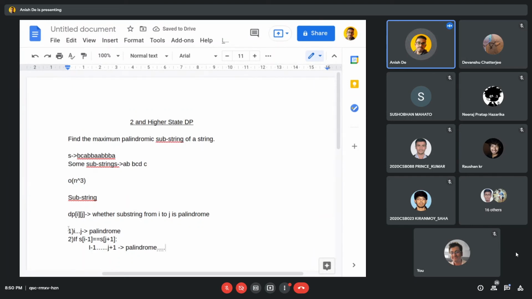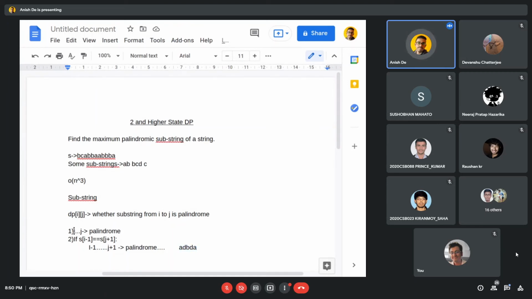This is one of the major transitions in this DP. If i to j is palindrome and s[i-1] equals s[j+1], then this substring will also be palindrome. Let's consider a case. For example, if DBD is palindrome and I add the same element at the last and at the front, then the entire string will also be palindrome.